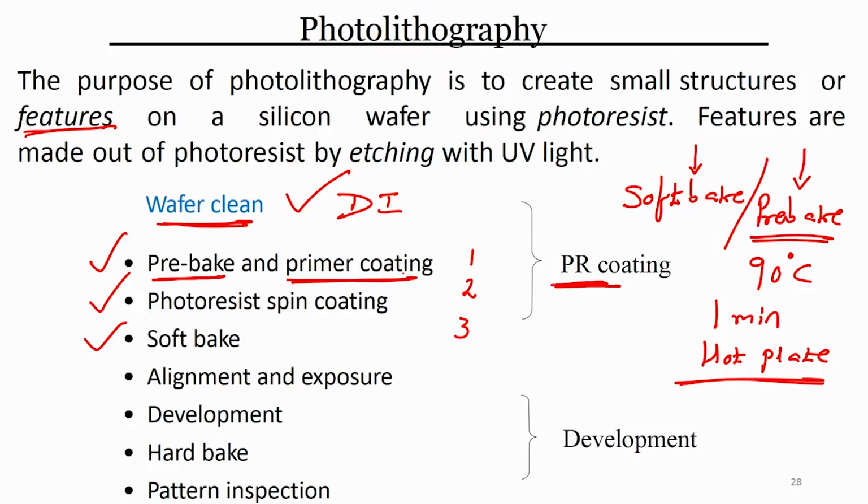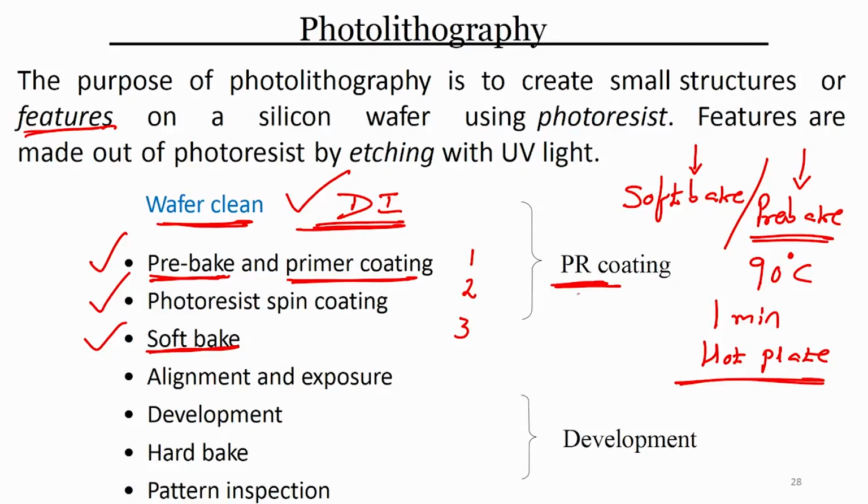From now on, we will use these terms to distinguish them: pre-baking is used for removing any water or moisture content, and we will use soft bake when it comes to photoresist. So, it is easy for us to delineate between the two. We will use soft bake for photoresist, and pre-bake whenever it comes to removing the moisture from the surface of the wafer. Okay. Now,